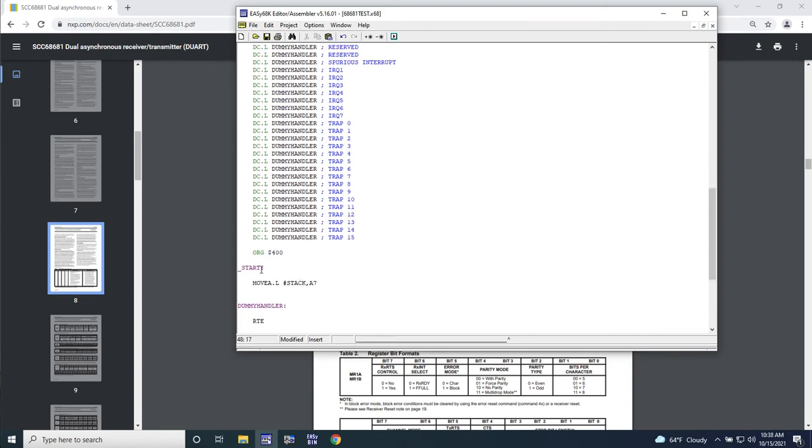So here's my start program, it's pretty sparse right now. I just have an initialization of the stack pointer, and I have my dummy handler here, which is just doing a return from exception. So I kind of need three functions in this program to print and receive characters from the UART. Okay,